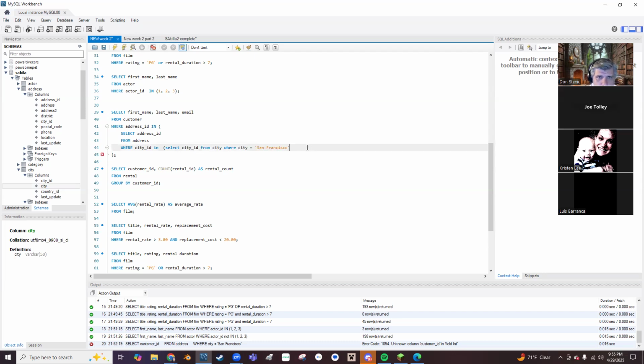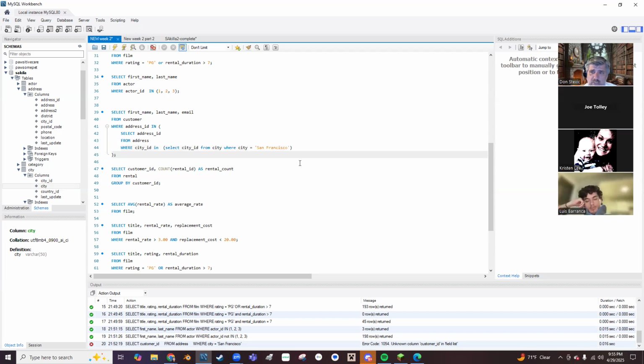Okay. So I've just done something, I've got multiple nestings here. So I've got nested queries. The first query is select first name, last name, email from customer where address ID in. Then I've got a subquery selecting an address ID where the city is in here, and I've got a subquery here that gets me this. So if I run this,